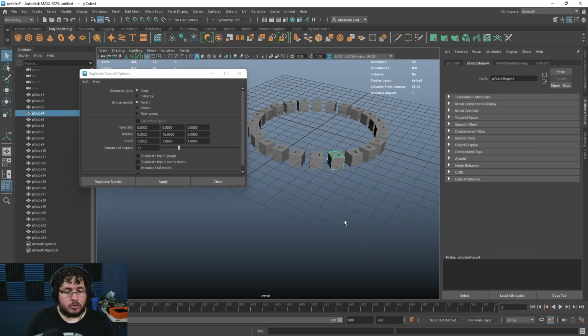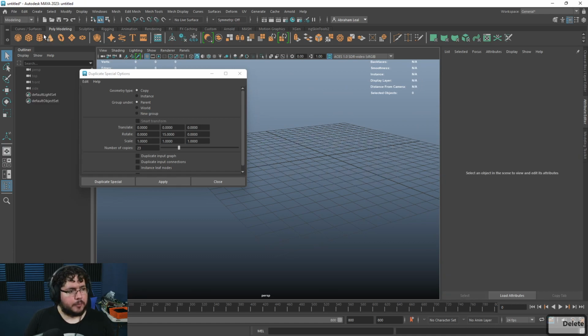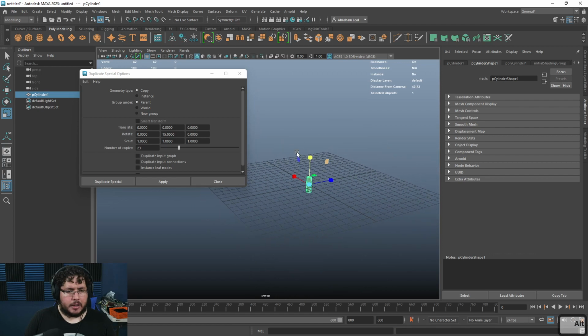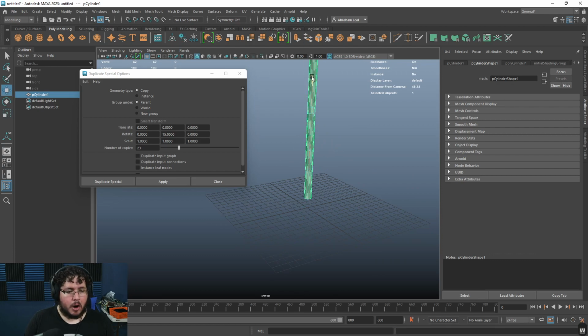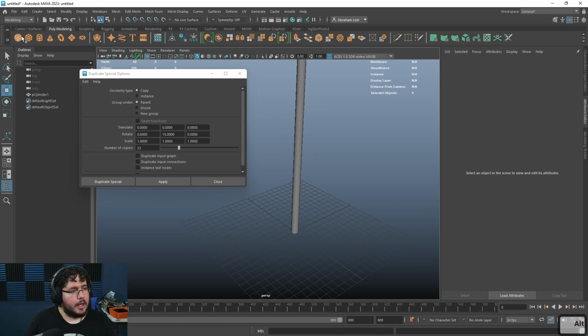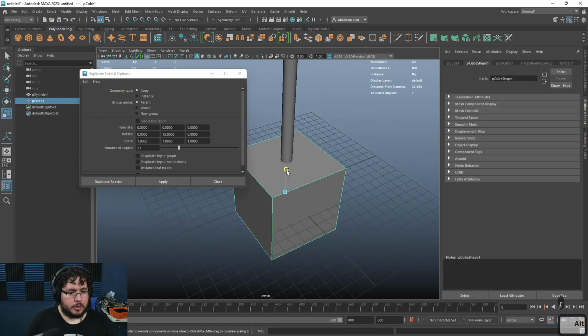Now, how can we use this to create the nice little staircase that we did? Well, first of all, let's do a little bit of modeling. I'm going to start with a tube, which is going to be the basis of my main element, the support of all of the steps that we're going to have. This is a very modern type of stair that I've seen being used for a while now. And I'm going to create the step. So I'm going to go with a cube. It's going to be a long cube,